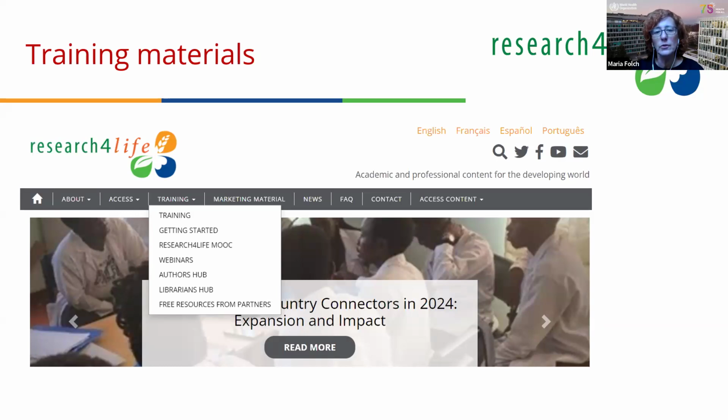And there is also the Librarians Hub with a lot of help for librarians in our institutions to do marketing or advocacy for the libraries. We know that sometimes libraries are not as important as they should be for the management in the institutions. So there are very good pieces of advice on that page.